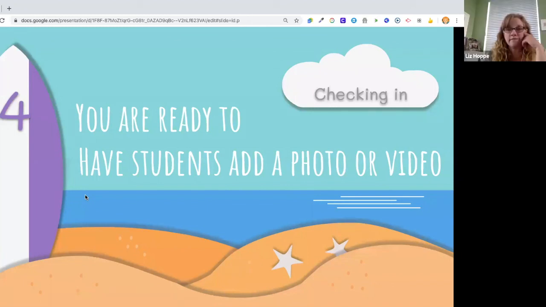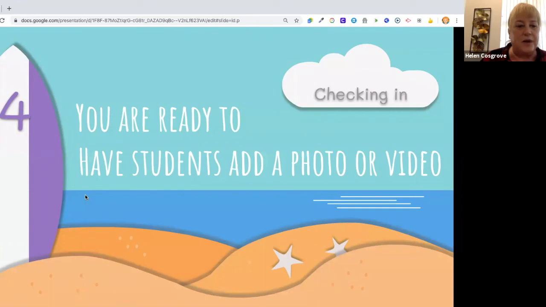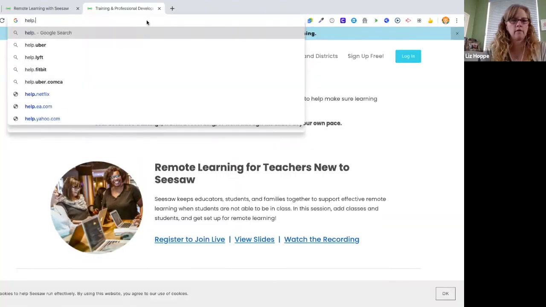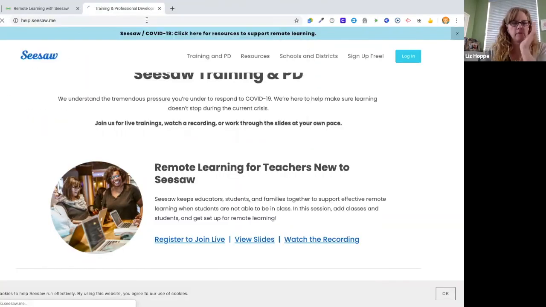Oh, go ahead. I have one. Does Seesaw have videos that show students how to take and post a picture? I would love to link a video for those kiddos who are having trouble using the app. I'm sure that they do. Help.seesaw.me